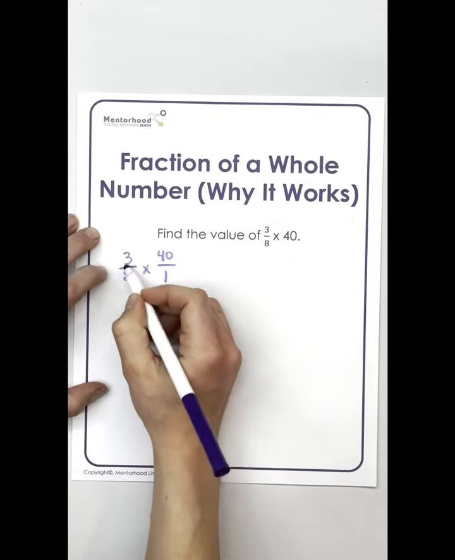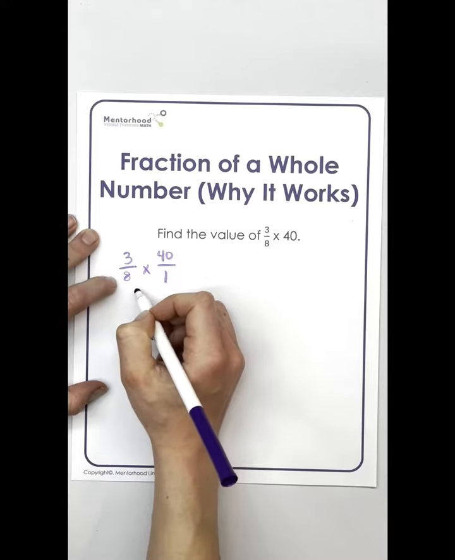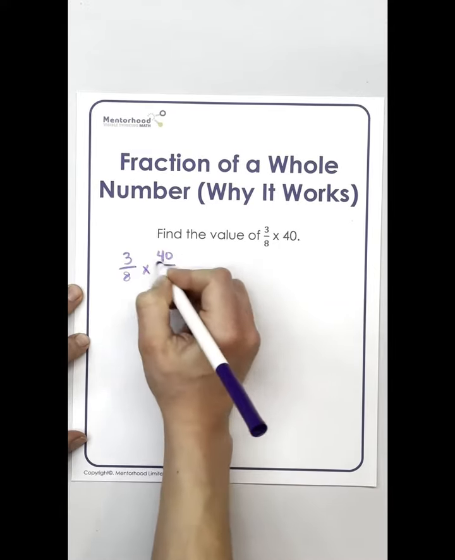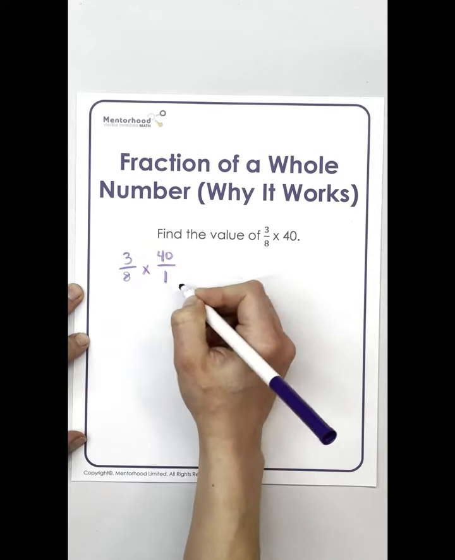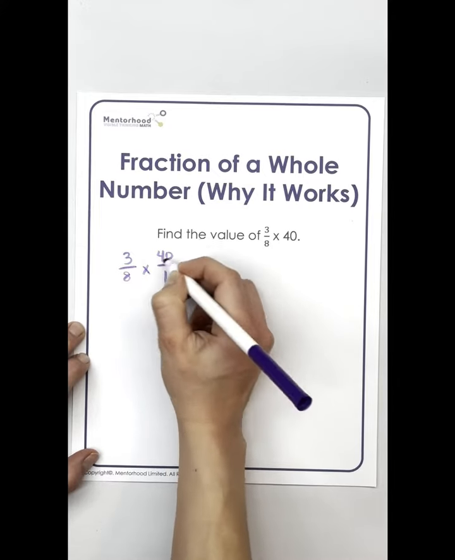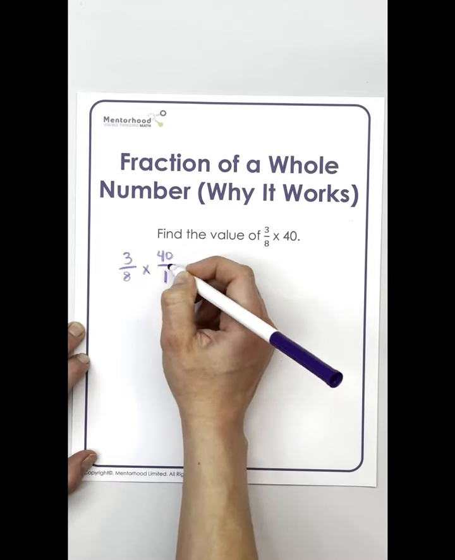Okay, so what I'm going to look for is, is there anything top and bottom that I can simplify? Can 3 and 8 be divided by any common number? No, that's already in simplest form. Same with 40 over 1. What about across the fraction? 3 and 1. Can those be divided by anything together? Nope, they both only divide by 1, so we would just leave them as is. What about 8 and 40? Well, they both divide by